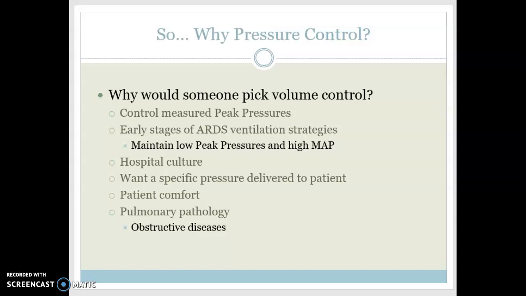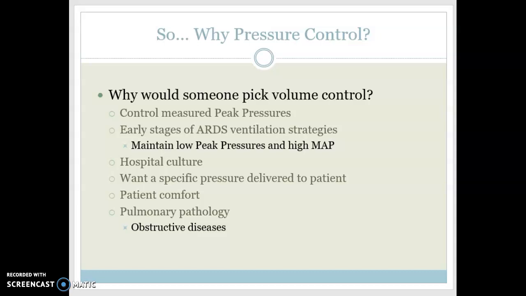So why would you pick pressure control? Controlling peak pressures, such as decreased compliance, because those lungs are getting stiff. I like to think of them as they're getting really stiff. They can't move. So instead of trashing them with high pressures that might cause damage to the lungs, we want to control those peak pressures to help those lungs heal. Early stages of ARDS might be appropriate because you want to keep a low peak pressure but a high mean airway pressure. Hospital culture, you want specific